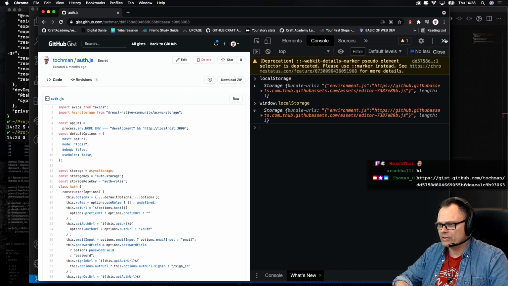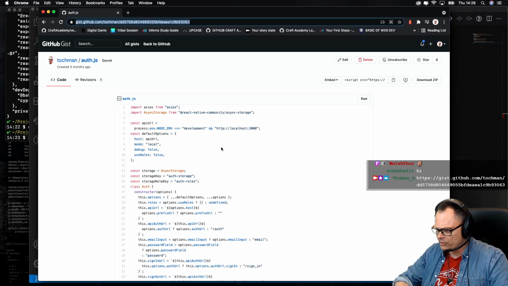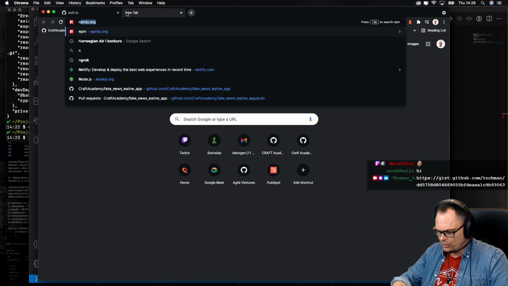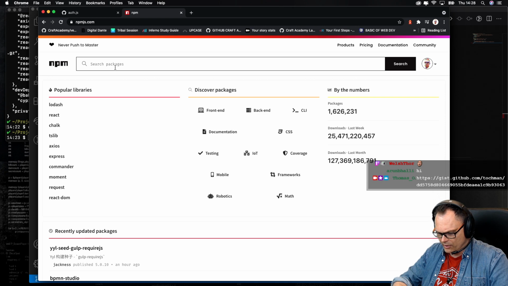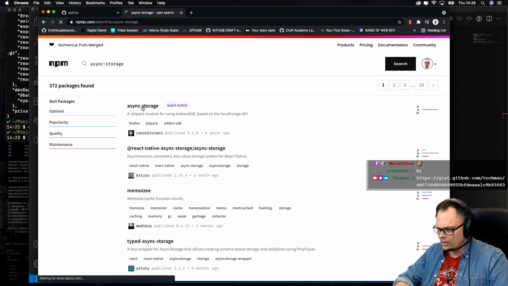Well, we fix that by installing a package that is called Async Storage. So if we go to npmjs.org and we search for Async Storage, we can see that there is a package like that,